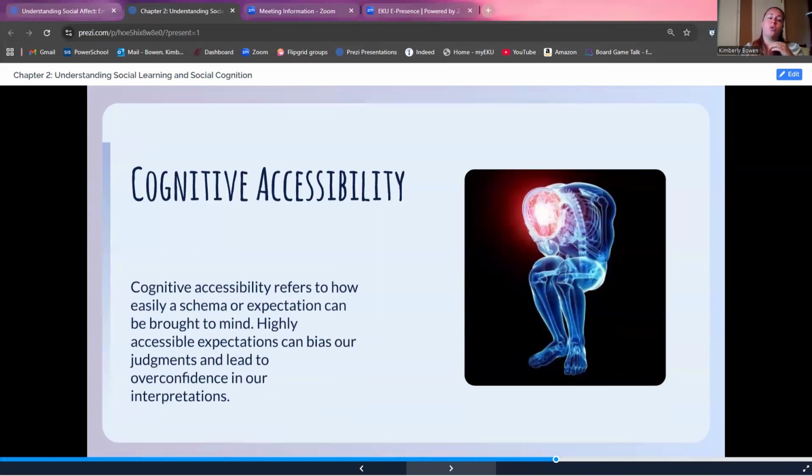All right. So cognitive accessibility just refers to, again, that schema, or that expectation that can be brought to the mind quickly. So it's, hey, I'm in this situation. I'm in a classroom. So I know I have to do X, Y, and Z because my kindergarten teacher and my first grade teacher and all the way through have always said X, Y, and Z is the way you interact with the classroom. It's going to give you less stress about certain aspects of whatever social interaction you are in, because it's something quick and easy that you can bring up to your brain and know exactly what you're trying to accomplish.